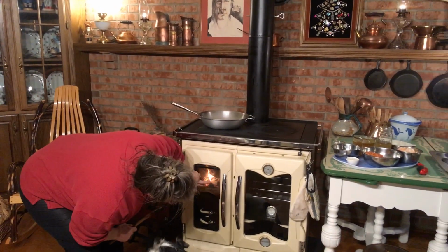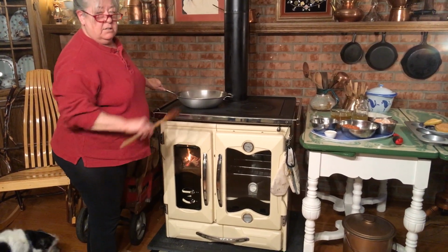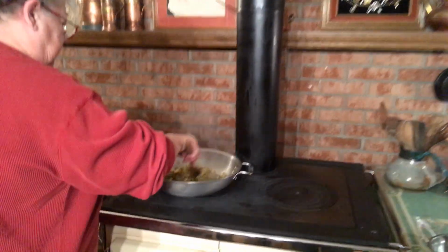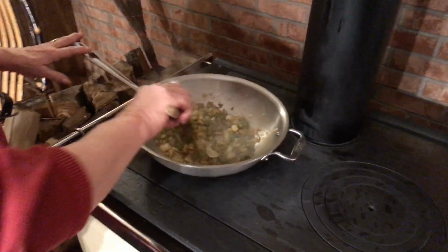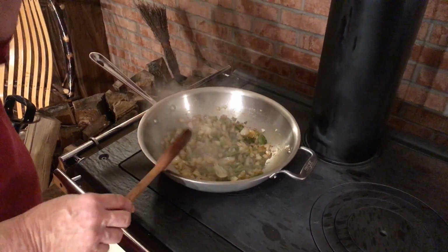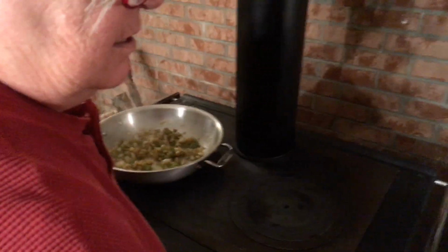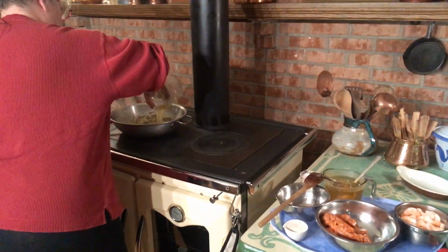All right, as you can see, our fire is burned down, and I did get that sizzle on the fats that I put in my pan, and I've added the base for my gumbo right here, and it's starting to turn opaque. So now it's going to be time to add my liquids. I've got a little shrimp base here,